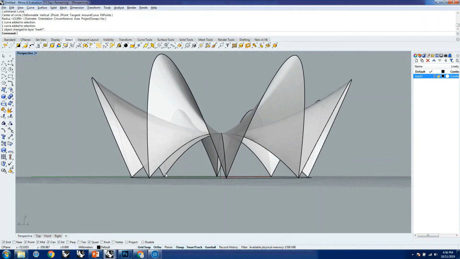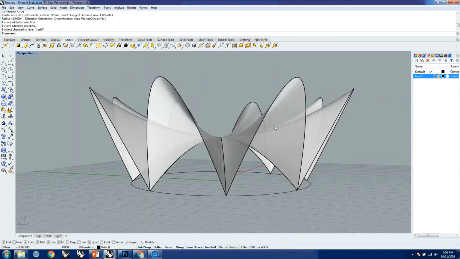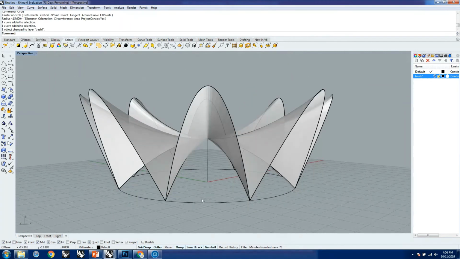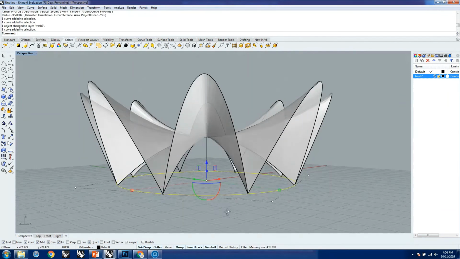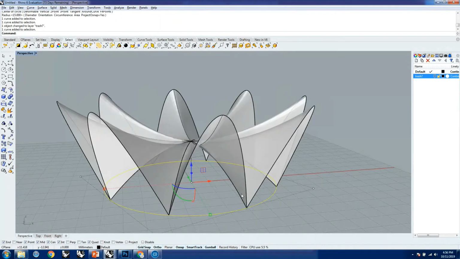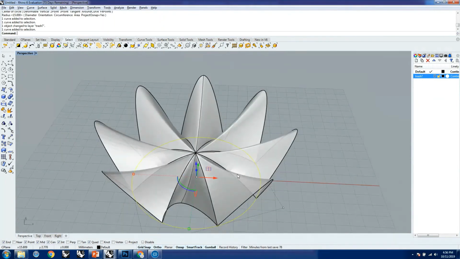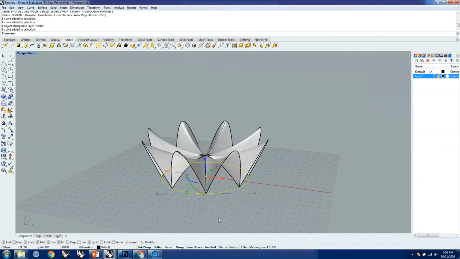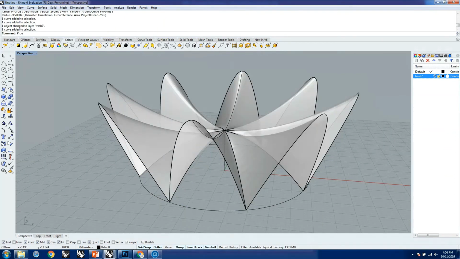Now, how to achieve the other boundary curve? Are we going to make interpolate curves again? No, not really. We already have it. We just need to somehow pull it or push it on the other surface. So we need to project it or pull it on the surface so that we get the result which will help us in making the loft. Okay, so I'm going to try project